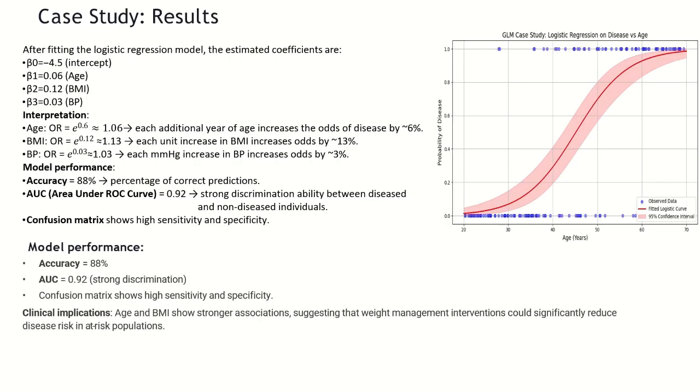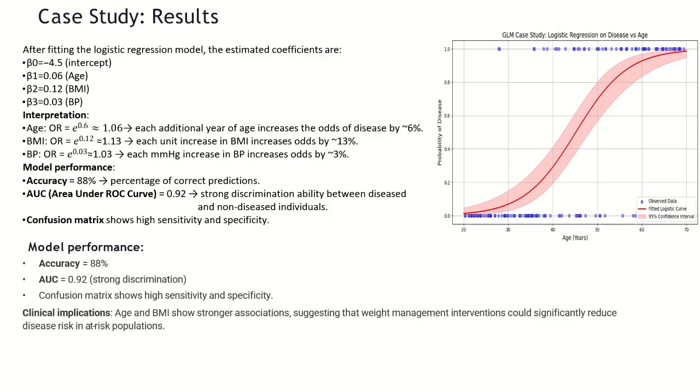Now the case study results are quite interesting. After fitting the logistic regression, the estimated coefficients are: beta naught is minus 4.5, beta 1 is 0.06, beta 2 is 0.12, and beta 3 is 0.03. We found that age, BMI, and blood pressure all have a positive association with disease occurrence. Specifically, each additional year of age increases the odds by around 6%. Each unit increase in BMI increases odds by 13%, and each millimeter of mercury increase in blood pressure increases